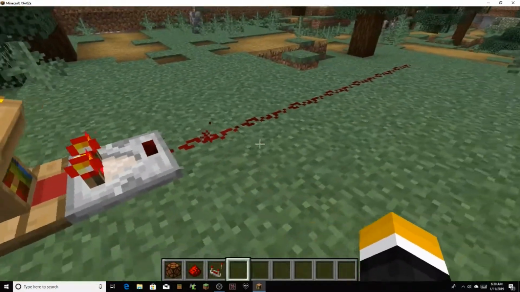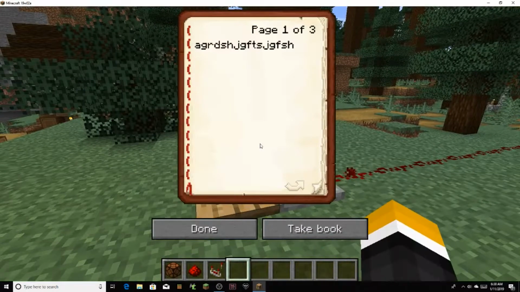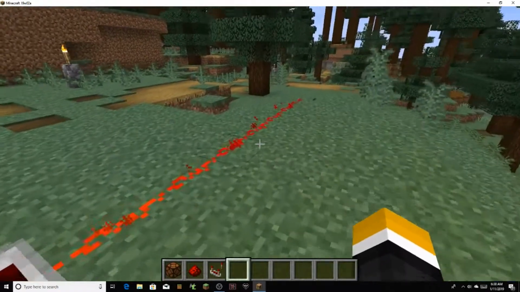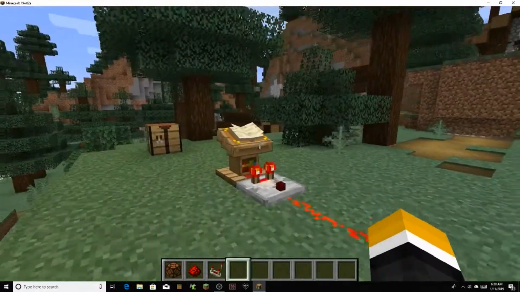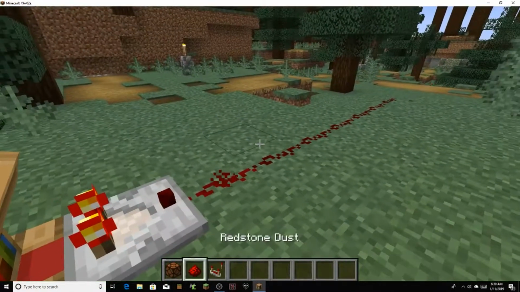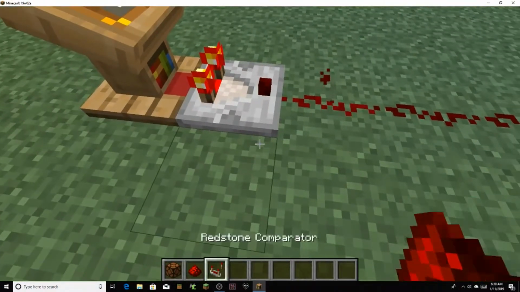And that is good for map makers because if you'll look, let me position myself, if I were to switch to page 2, now we have more redstone signal, and now at page 3 even more, and you can use this in a very smart way to be able to tell